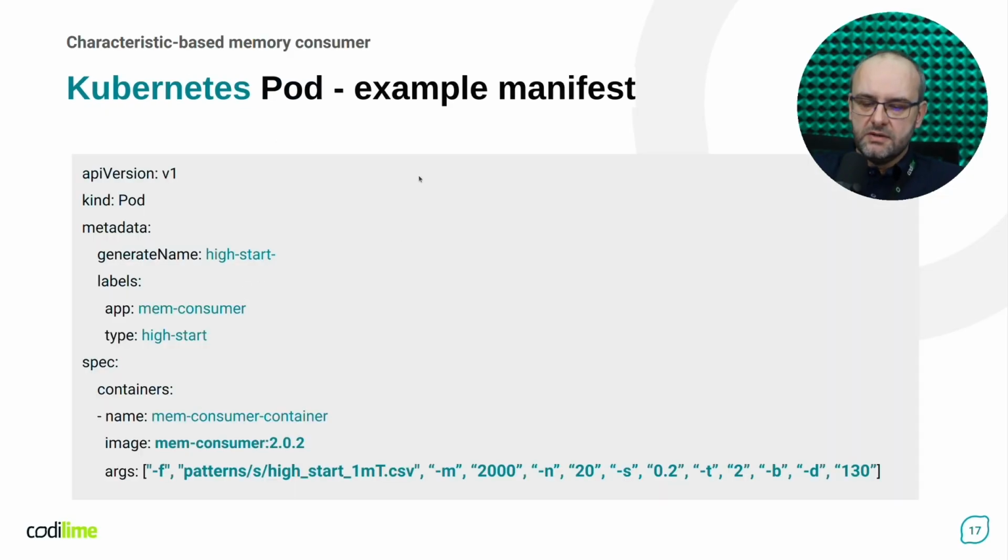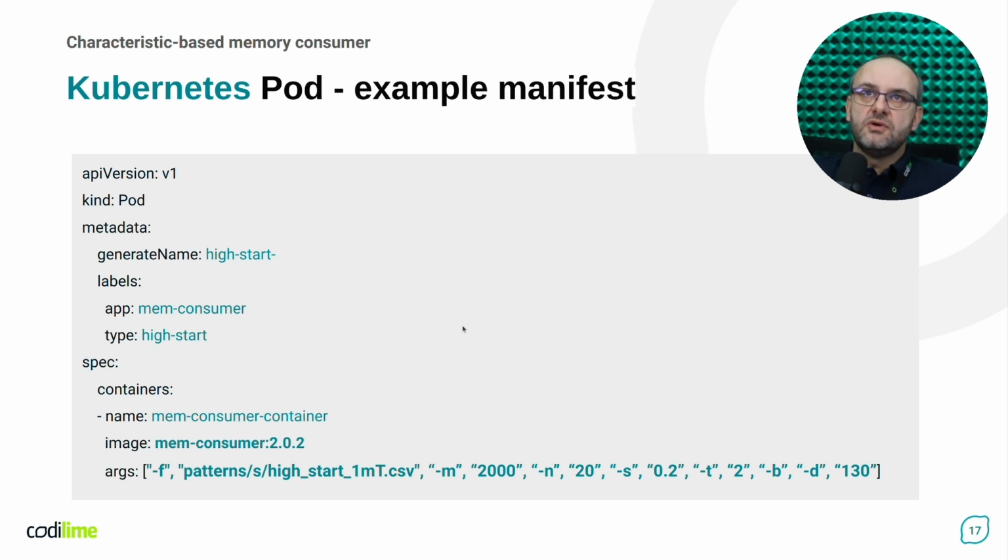In order to run these various processes in the Kubernetes cluster as a pod, for sure we have to prepare a manifest. It is the standard one. The key point here is that we have to provide the name of our Docker image, and we have to express the arguments of our program as a list of option names and parameters that are separated by the comma and provided in double quotes.